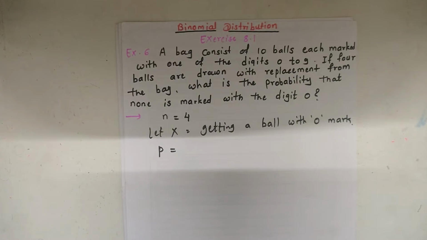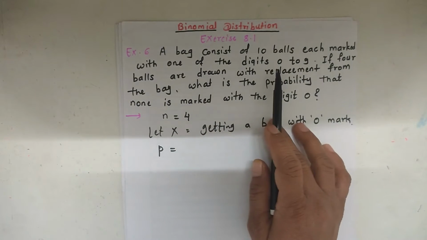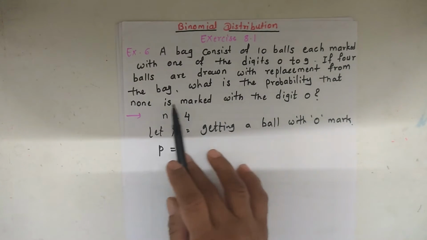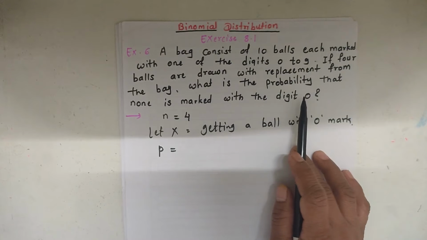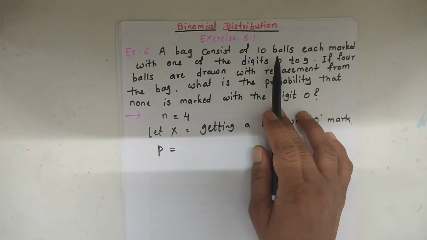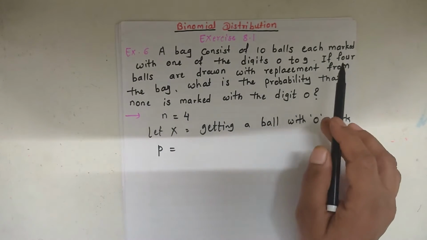In this video, we are going to solve the examples on exercise 8.1 based on binomial distribution. So let's see example number 6. A bag consists of 10 balls, each marked with one of the digits 0 to 9. If 4 balls are drawn with replacement from the bag, what is the probability that none is marked with the digit 0? Here the total number of balls is given as 10, marked with the digits 0 to 9,